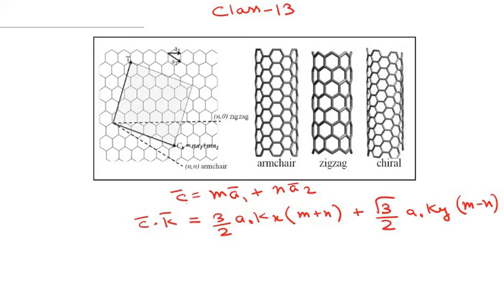Lecture number 13 of transport phenomena in mesoscopic and nanoscopic systems. Last day we were discussing nanotubes, and we discussed that there are three kinds of nanotubes. One is known as zigzag nanotubes, where the axis of the nanotube, or the axis of the hollow cylinder of